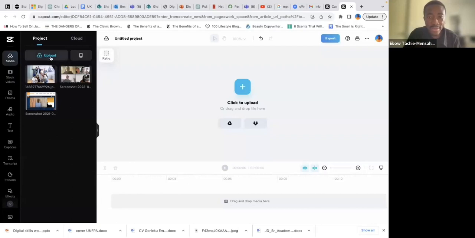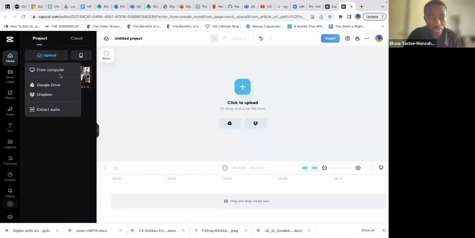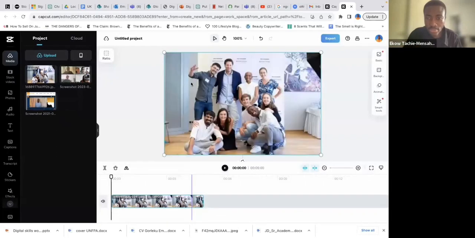So the first thing, once you've created your coherent story, you have your storyboard, and you have your structure of how your video should look, and then you've actually taken the video shots, it's time for editing. I'm using pictures, and I have just a few pictures to use. So I clicked on upload. I've uploaded a few pictures. Now let me put them onto the frame.